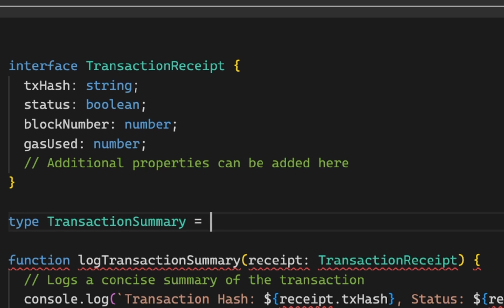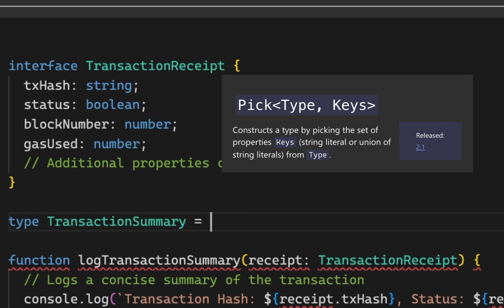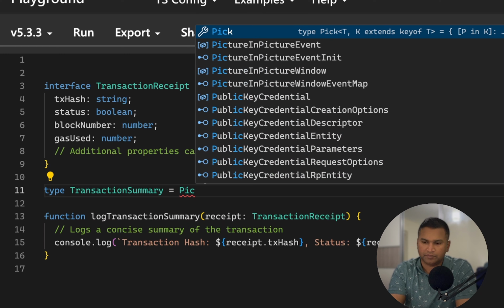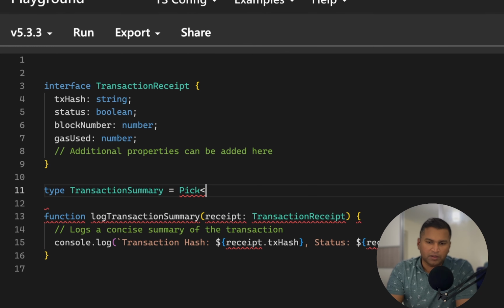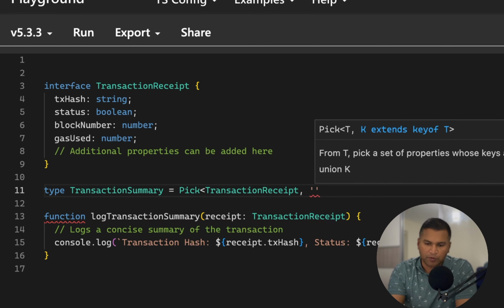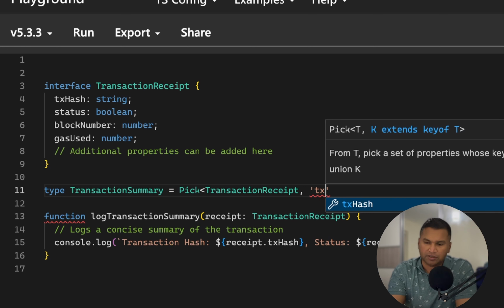So we can use a utility type, pick, in TypeScript. Let's use the pick utility. We can pass in transaction receipt as the base type, and then using a union type we can say we need to pick transaction hash